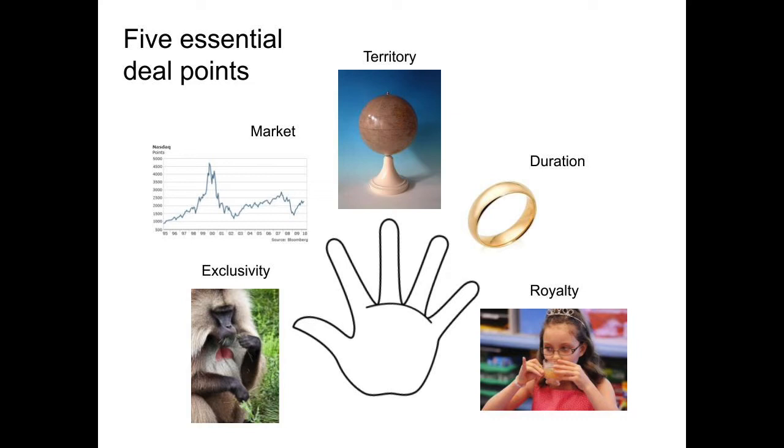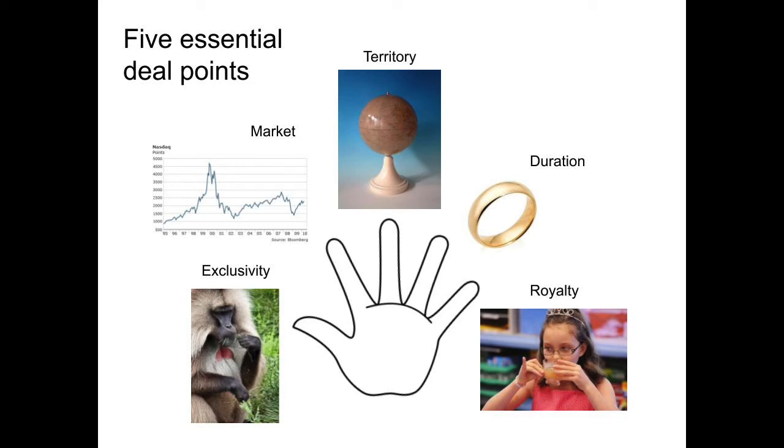The next question is, what is the market for the license? And by the way, this can apply also to a distributor agreement, reseller agreement, OEM, value-added reseller agreement, any kind of channel agreement. And this point asks, what are the boundaries of the rights for the licensee or distributor or reseller? In what market can they sell? And by market, we generally mean an economic market, such as healthcare or IT or financial services. I associate this with the index finger because markets have indexes.